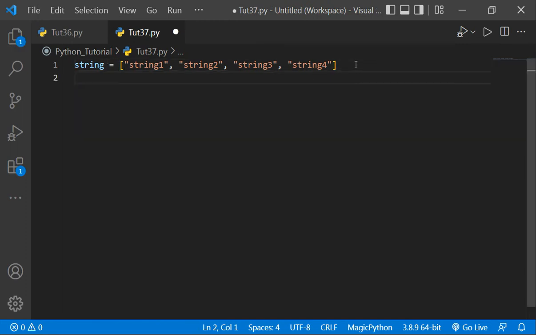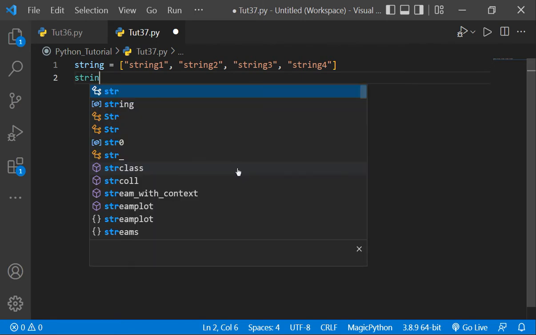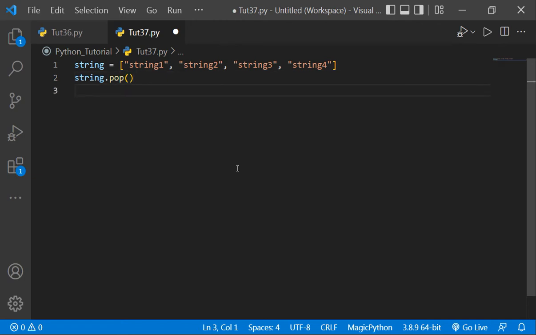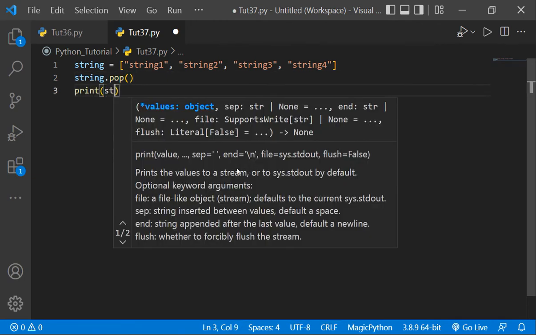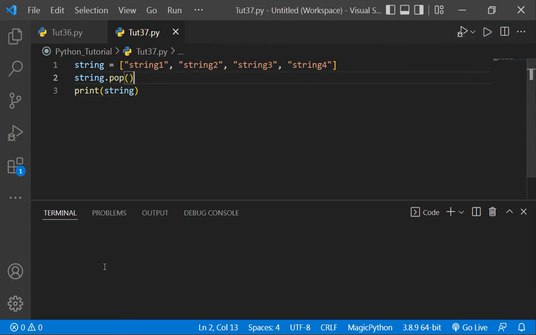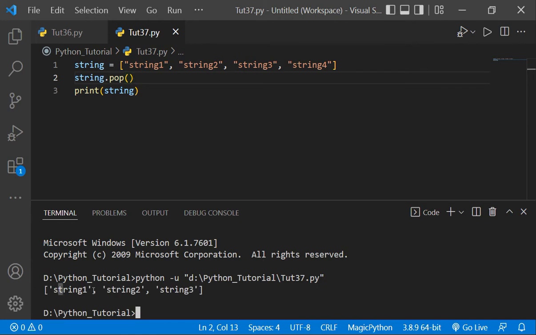So first method to delete data from a list is pop. So if we write here string dot pop, and here let's print string. Okay, so as you can see, string 1, 2, 3, but there isn't string 4 as it has been removed by our pop method. So if you do not pass any parameter in the pop method, by default it will remove